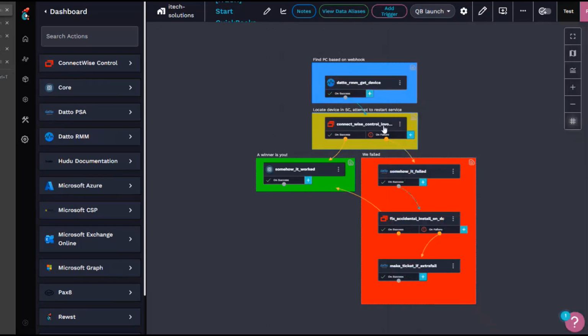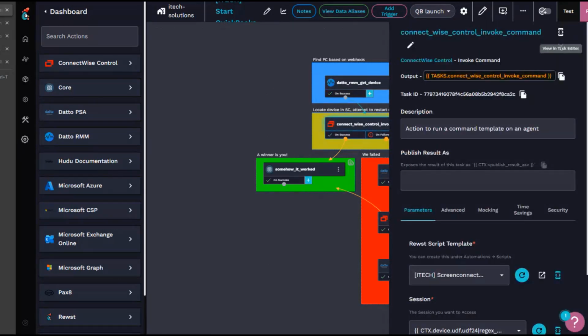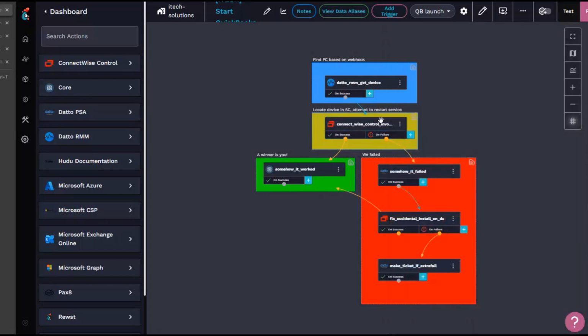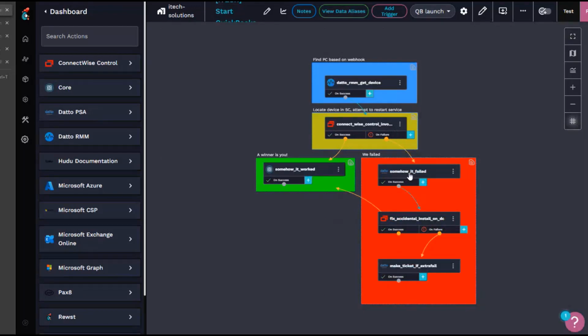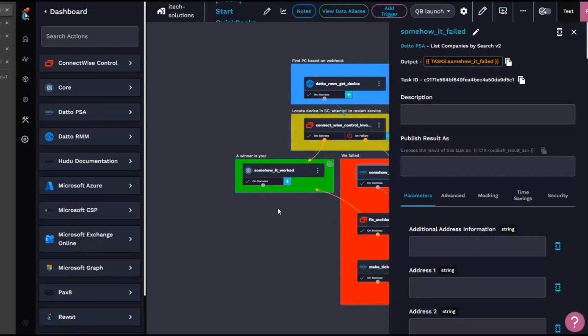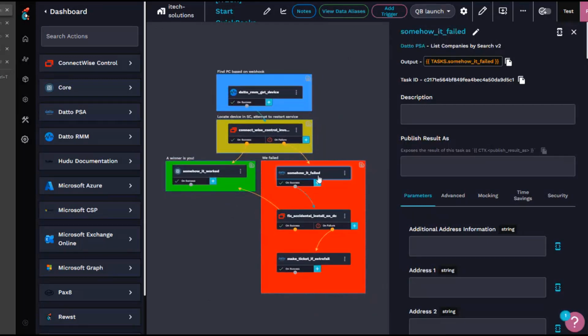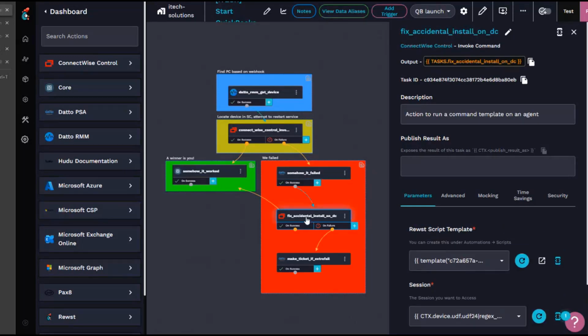It then feeds it into ScreenConnect because ScreenConnect is way better. It tries to restart the service, and if it's successful, then it goes to the "somehow it worked" no-op. If it fails, it goes over to my "somehow it failed" no-op, which should be obviously it failed. But I then feed that into a "we accidentally installed QuickBooks on a domain controller" step, which they have documented very poorly that you shouldn't do that. And a solution to